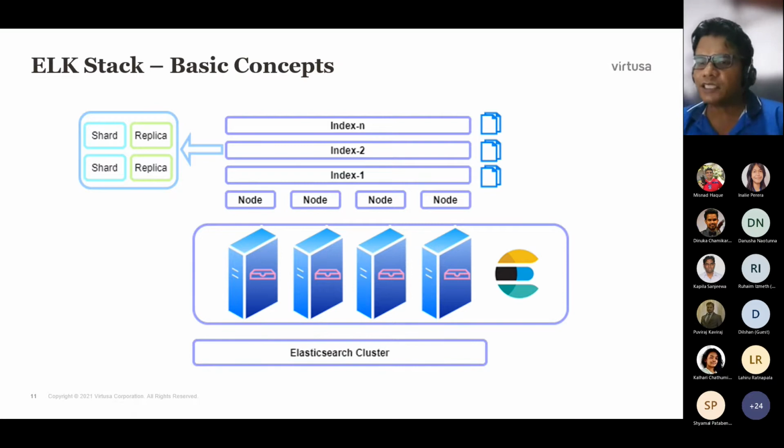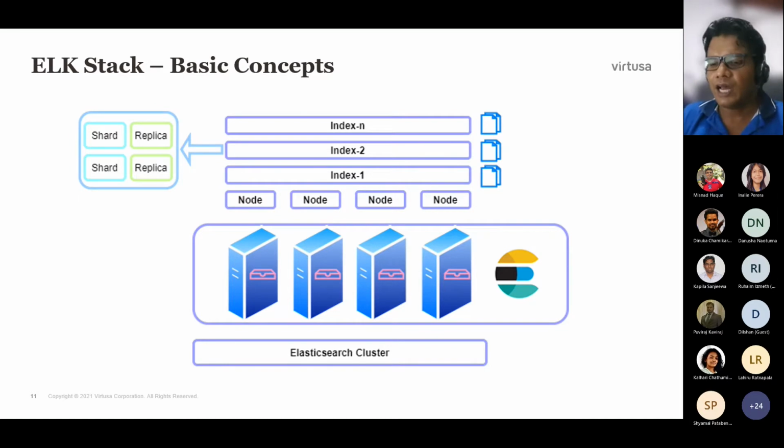The index might have many shards, because when it comes to production solutions, having one shard is not a good way of doing it. Having one shard will make your search very slow as it grows. So we will have multiple shards. Elasticsearch can identify that this particular data is in this shard, and that particular data in this index is in that shard. It is the same concept as the index in the relational model.